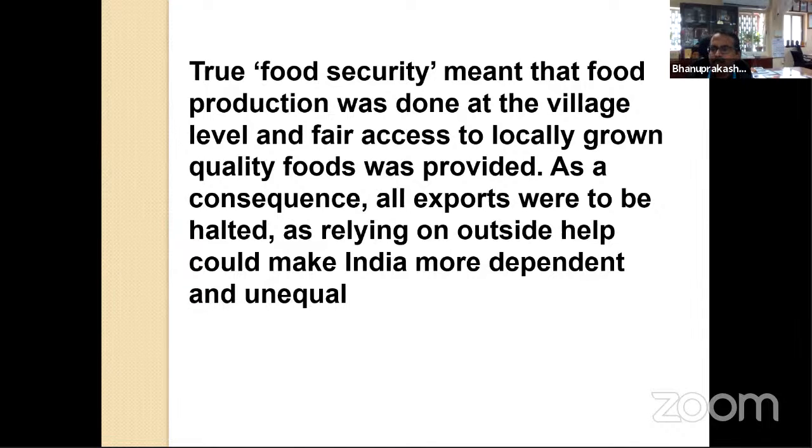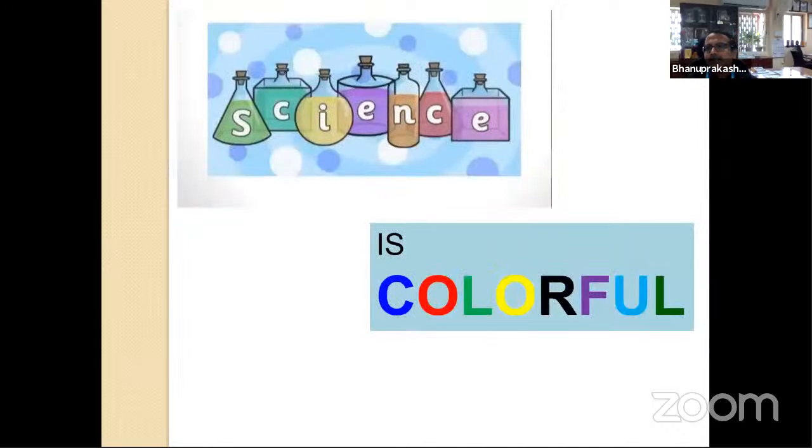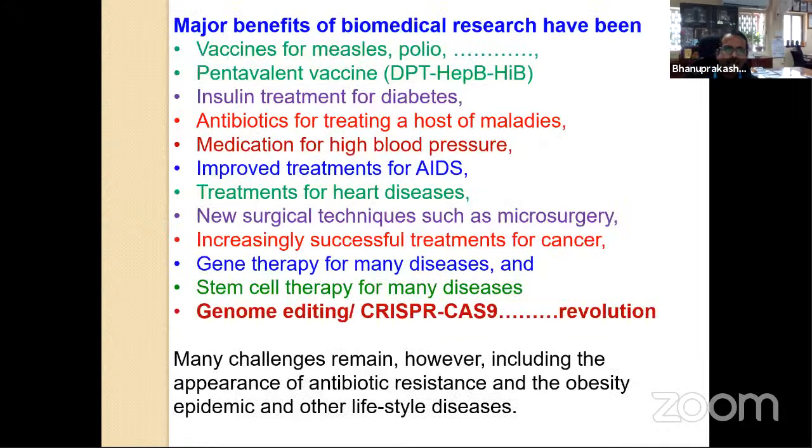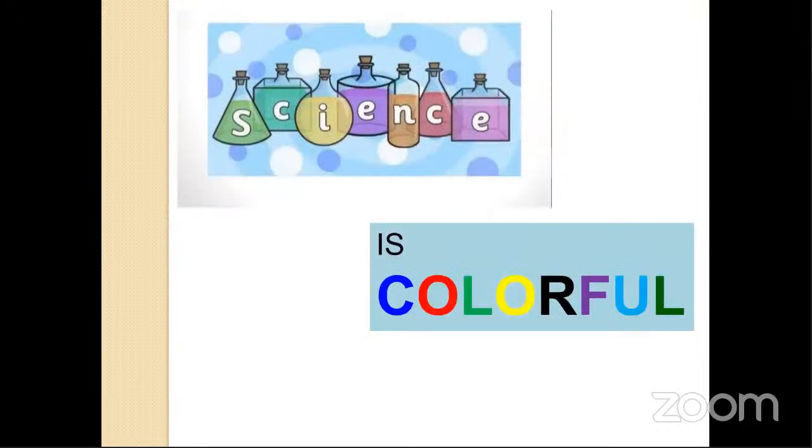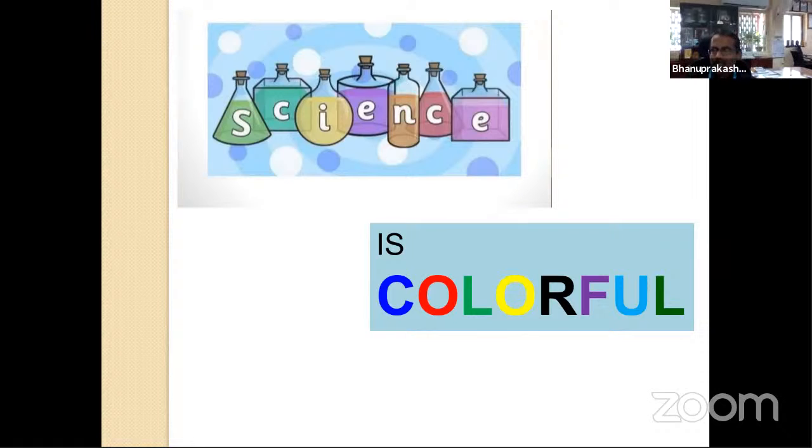As I said, if you want to depend on every food item being imported from some other country, we will never become Atmanirbhar, as our government says. That's why we should promote locally grown and local food, which has scientific evidence. In other words, we should tell the kids that science is colorful, it's enjoyable, and it has its own importance for 2-3 reasons. I will tell you one thing here: we have to teach the students science at 2-3 levels.